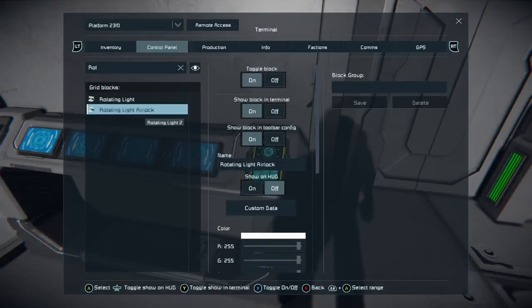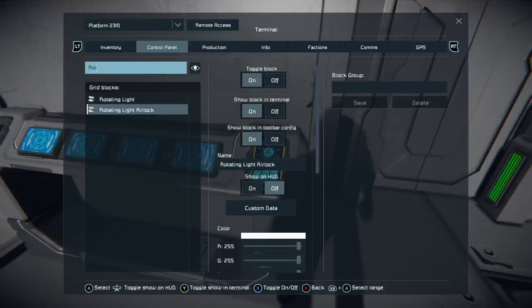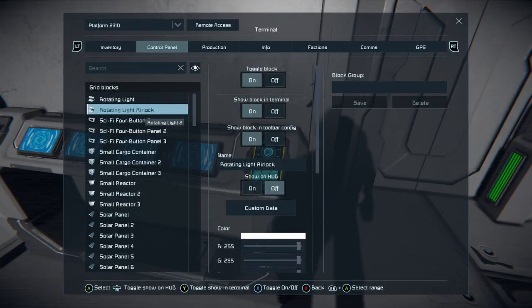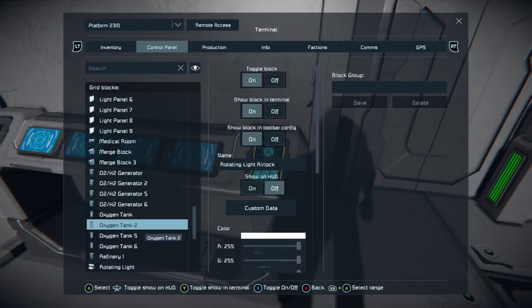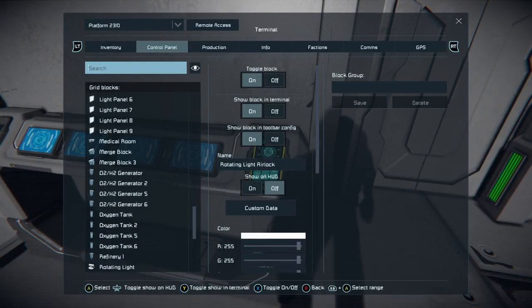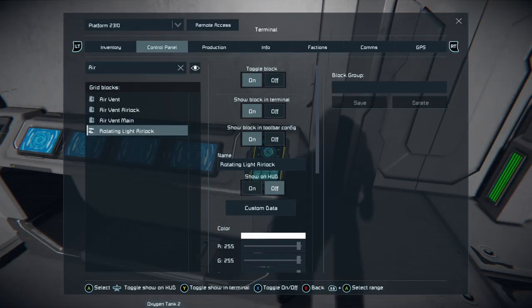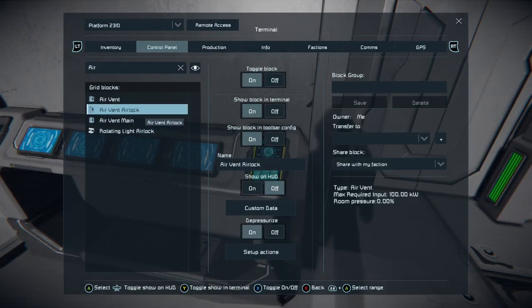Then, without leaving that menu, I'm going to go to airlock. We'll search for the word. See, we can now find it. So now we want our air vent. And to speed things up, if we just type the word air, we'll get our air vent airlock.